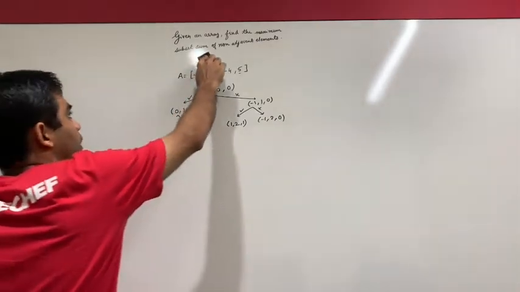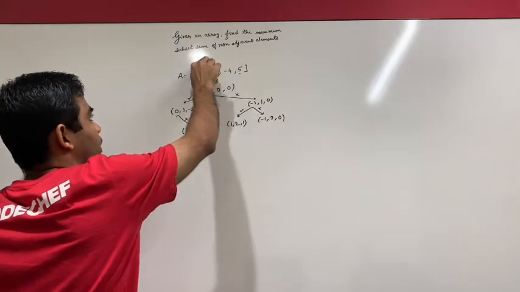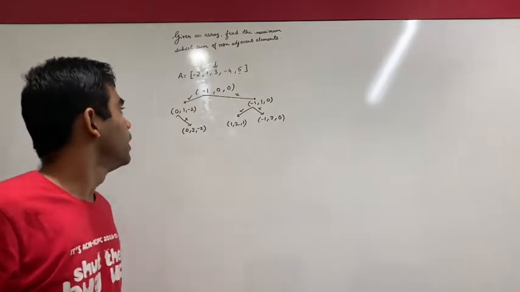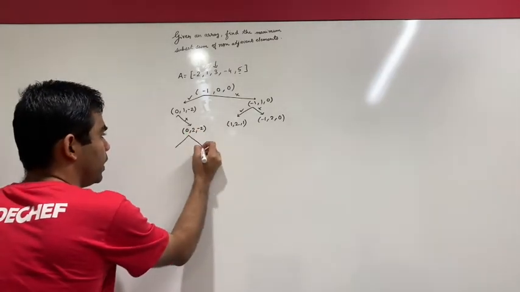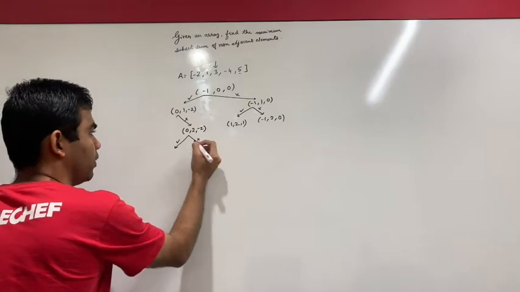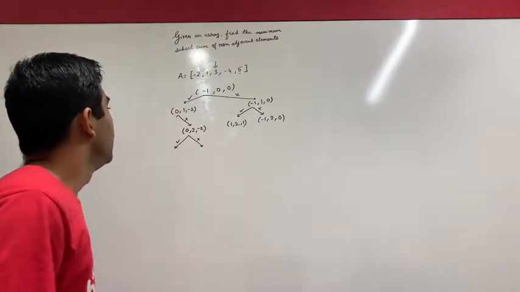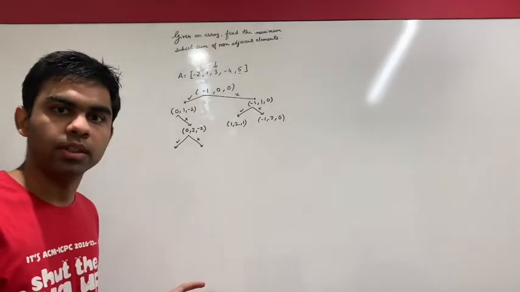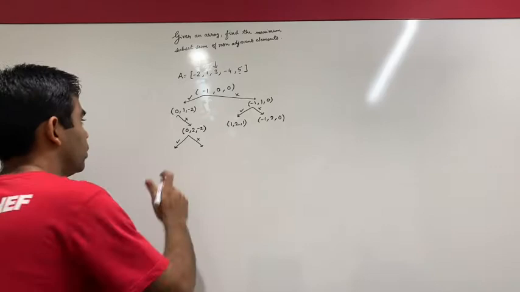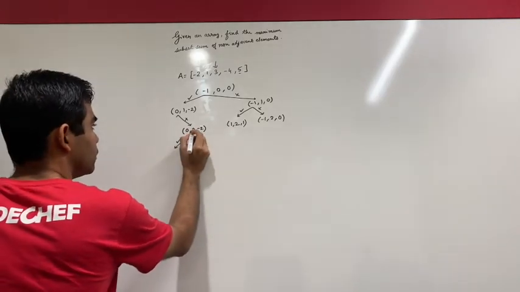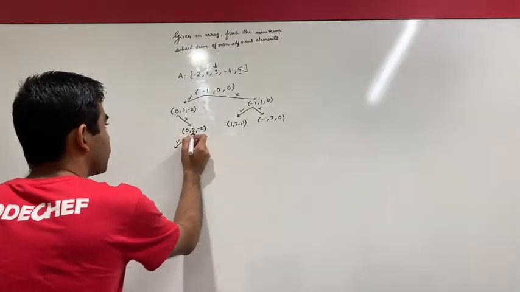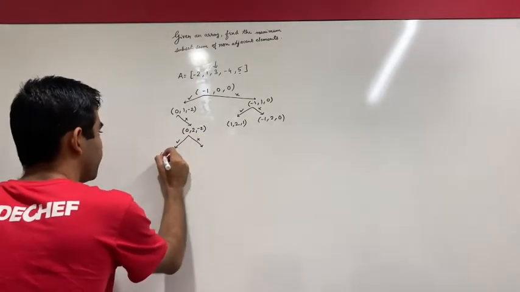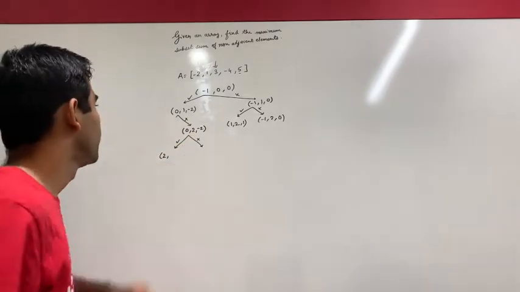So now I'll move to the third index, which is the second index. So again, for this node, I can make two decisions, whether I can choose it or whether I can reject it. So my last taken index was 0. And now I can definitely choose the element at the second index, the element at the index 2. So my last taken index will be 2 here, which is this value.